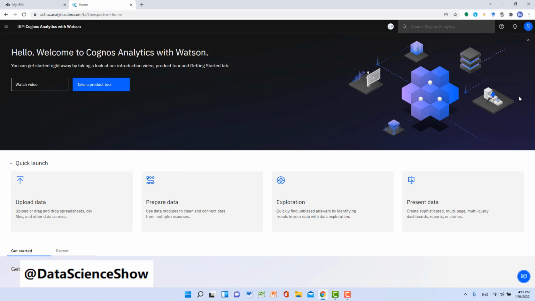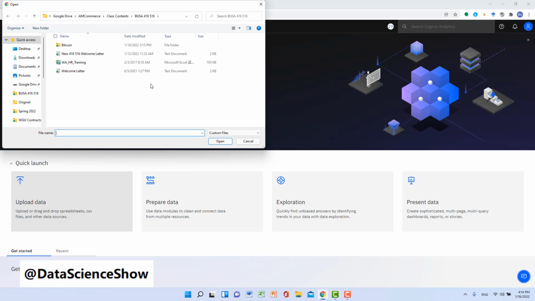The first step is to upload data. Because the AI system is powerful, but if you don't offer data to it, the system doesn't know how to analyze the data set, right? You have two ways to upload data to IBM Cognos. First, you can directly click the Upload Data box, and then select a data set from your computer and upload it to IBM Cognos.